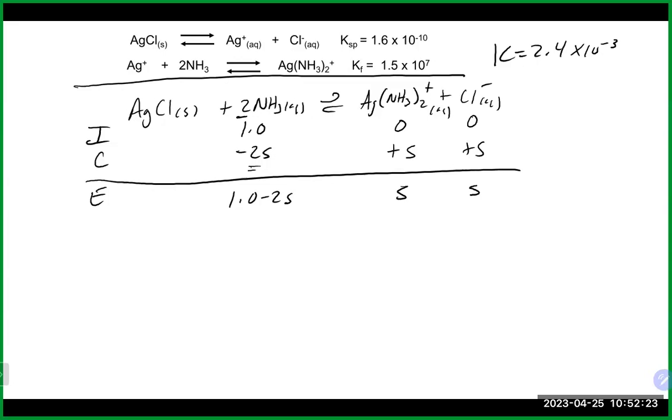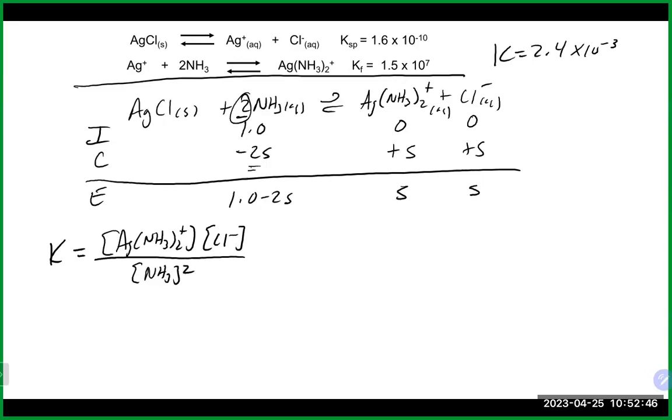And we're not writing anything for the silver chloride because it is a solid, right? We'll go into our K expression, which for our overall reaction would be our products over our reactants, which again, here we do need to square because of that too. And that will equal our 2.4 times 10 to the minus 3. Putting in our values here, that's going to give us s squared up on top,